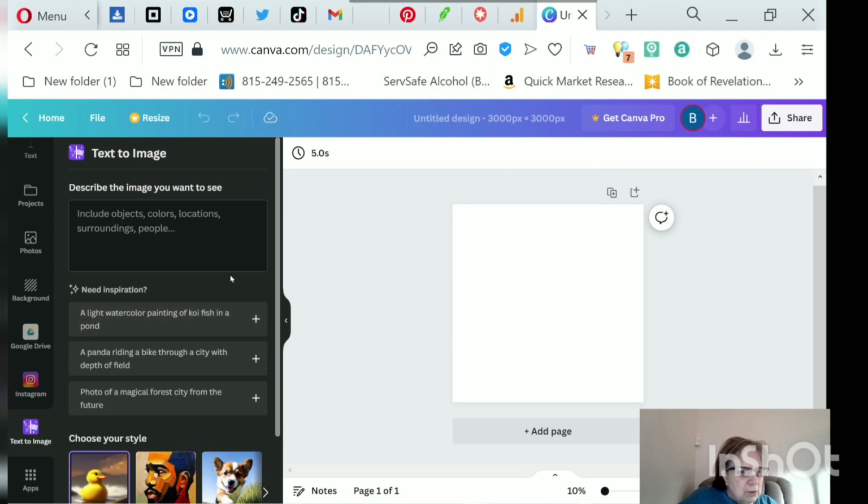So what I'm going to do is come up here, and you can put in your text. Up here, it gives you some examples: a light watercolor painting of koi fish in a pond; a panda riding a bike through a city with depth of field; and the last one is photo of a magical forest from the future. But I'm just going to put in here